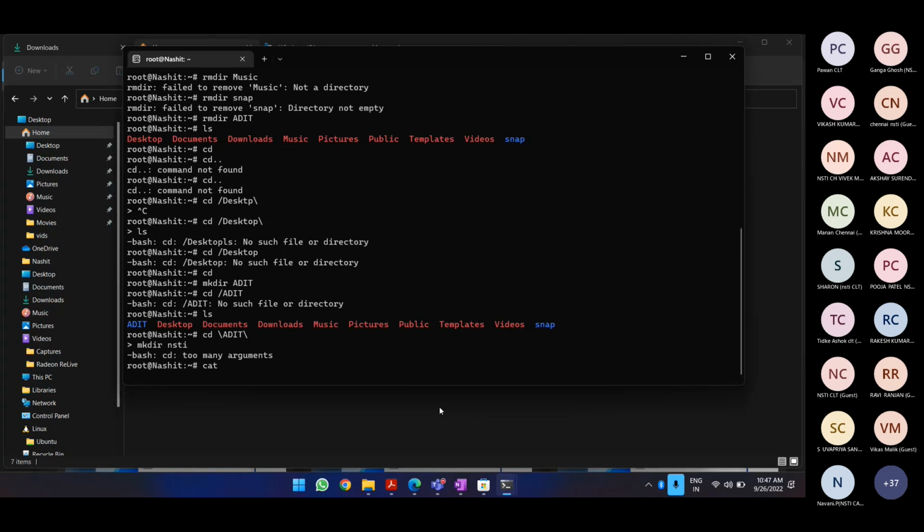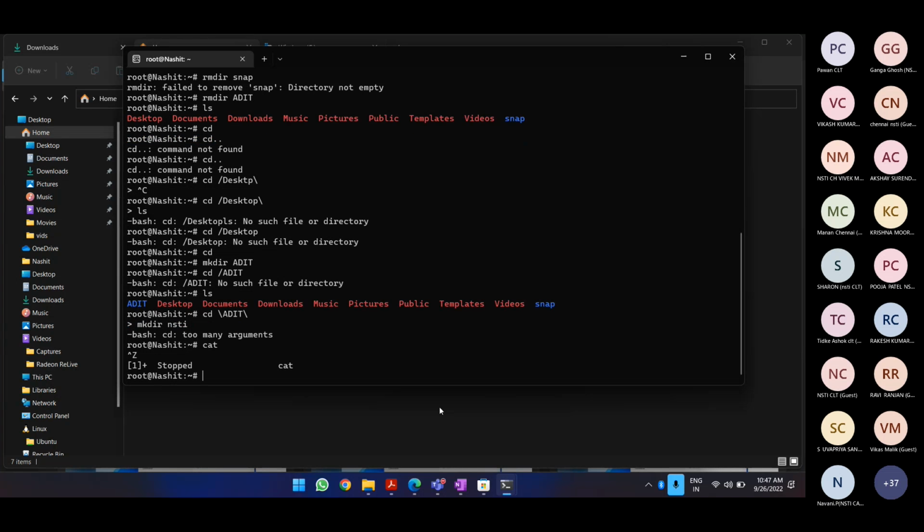A few things will work. This cat command will work, and a few touch commands I believe will also work. So we would come to that. Let us be back in our original directory. So we tried a couple of commands. One was ls, one was make directory, and one was remove directory. We have a few more commands which we would be working on over time.